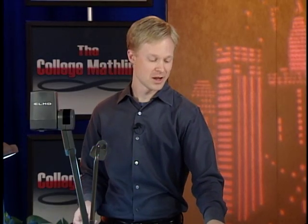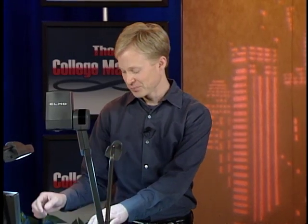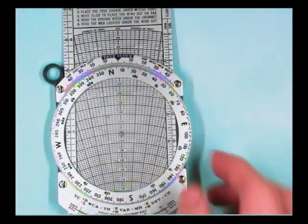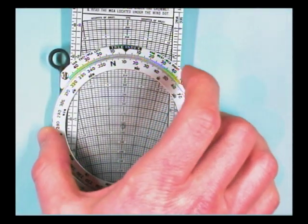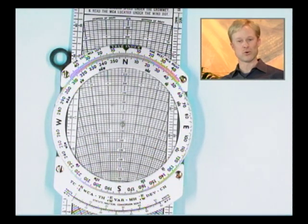And as I mentioned, he had this little calculating shortcut device, and there is a way to do it with this. In fact, I'll show you on my math cam here. This little guy, on the back side, on our little interview, he showed you the front side. On the back side is this grid of all these angles here, and by making some marks and rotating this dial,